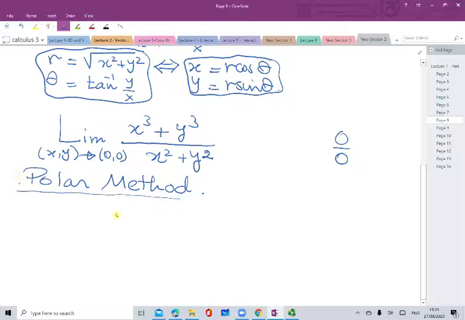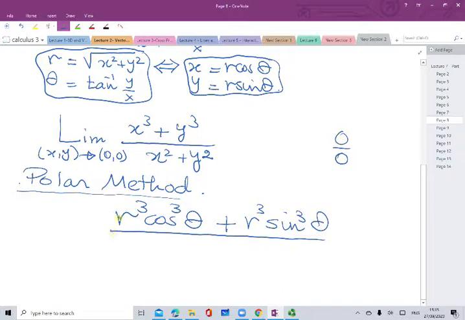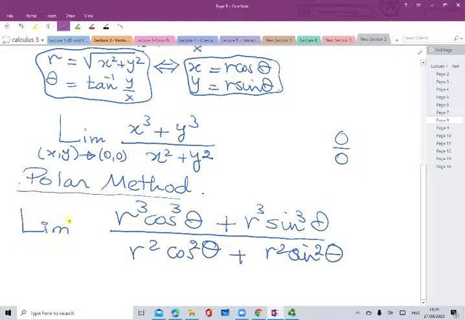Every x will be r cosine theta, so x cubed is r cubed cosine cubed theta, plus every y is r sine theta, so r cubed sine cubed theta. We're substituting with the transformation relations. So x squared will be r squared cosine squared theta plus y squared, which is r squared sine squared theta. Now I need to put the limiting rule: the limit as (x, y) tends to (0, 0). Definitely now I don't have any x's and y's in my expression,